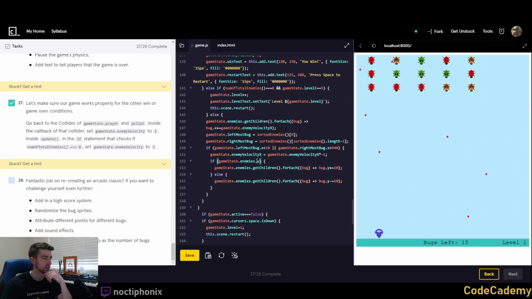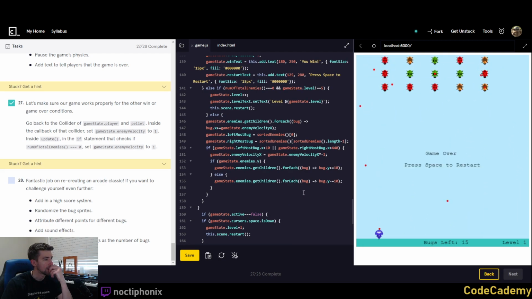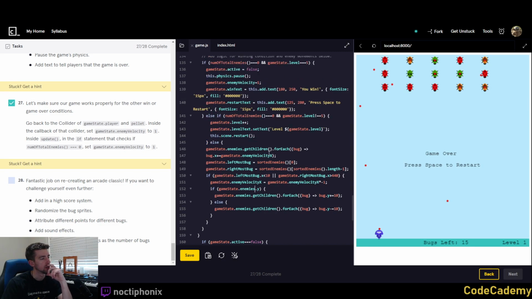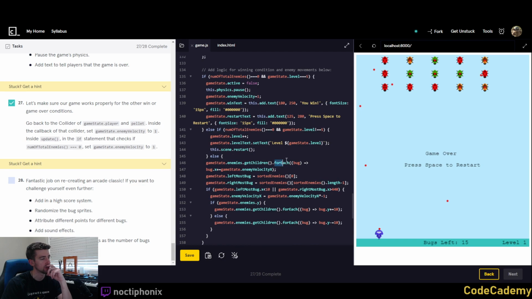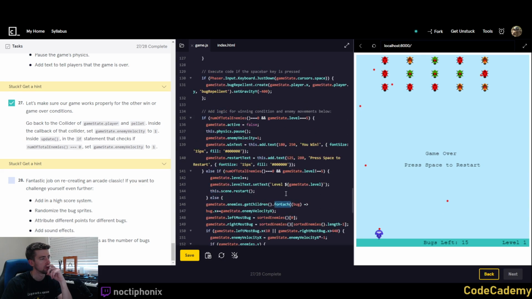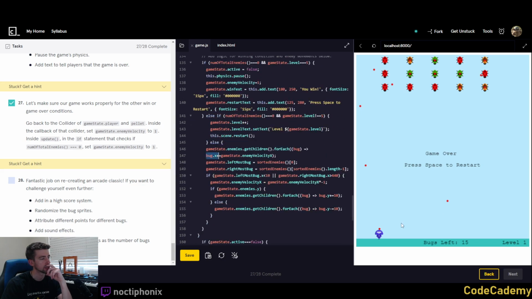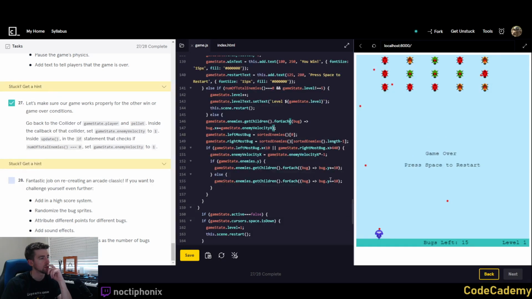Okay, so no, it doesn't exist. How do we access the x values without declaring a for each method? Bug.x game state.enemy velocity x plus equals